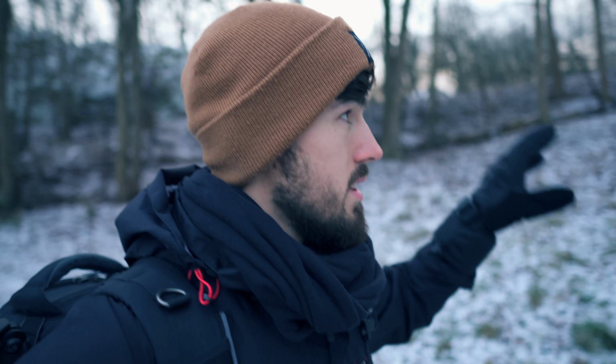So the sun is just starting to come up. It's a little bit of a cloudy day, but it's giving this nice orange glow into the sky. So basically I'm going up into this little mountain, and I'm wanting to get a view of